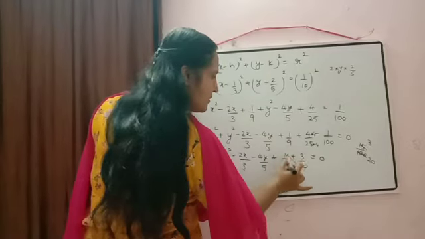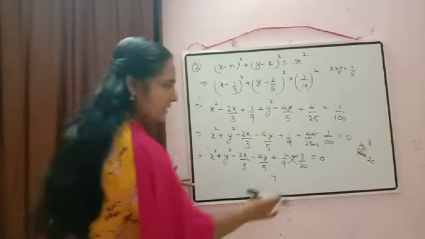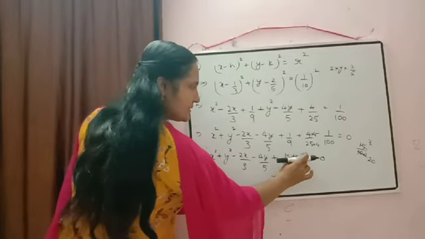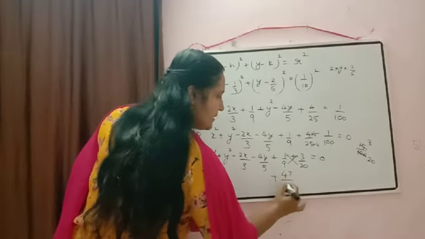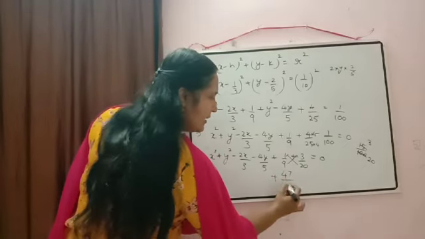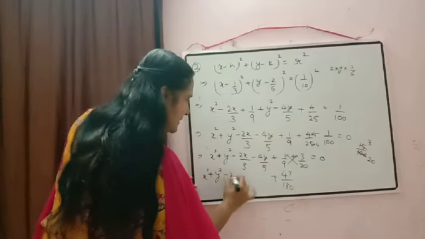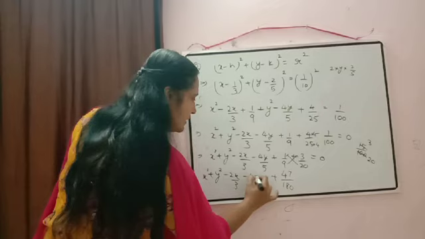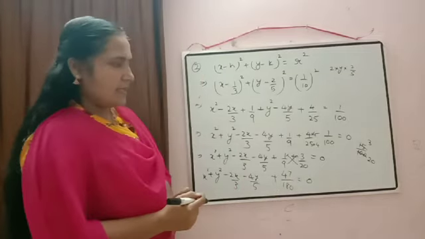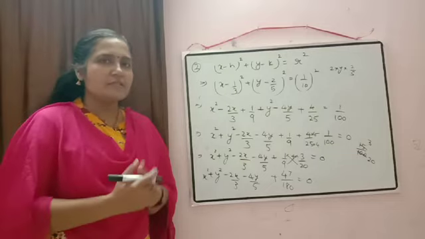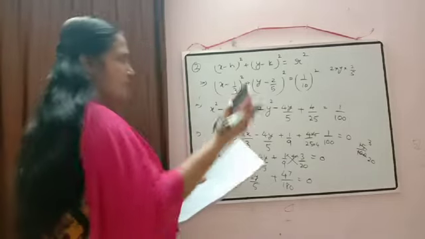Now just do the cross multiplication here. Then the remaining terms are the same. Here what will come? 20 plus 9 3s are 27. So 27 plus 20 will be equal to 47 by 180. The rest of the terms you should write as they are: 2x by 3 minus 4y by 5 plus 47 by 180 is equal to 0. So I hope this question is clear. Now we will check the next type.